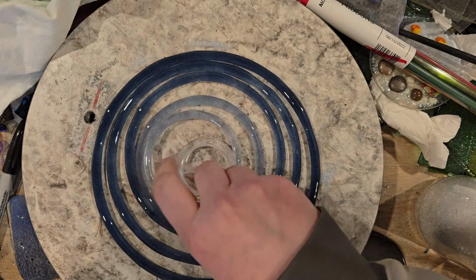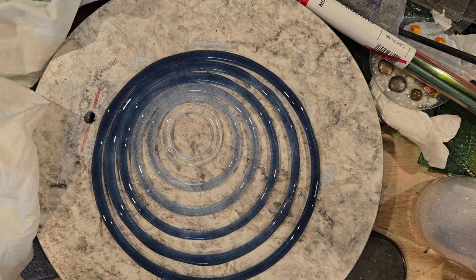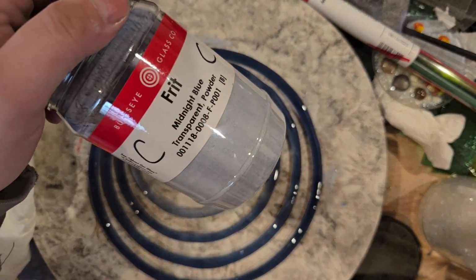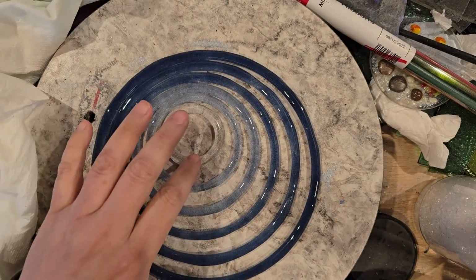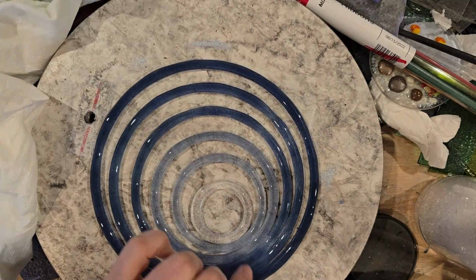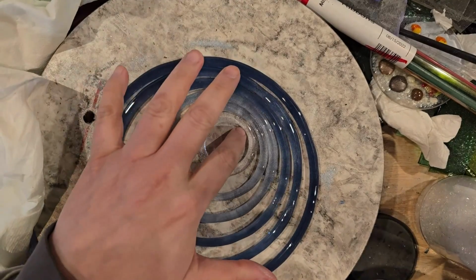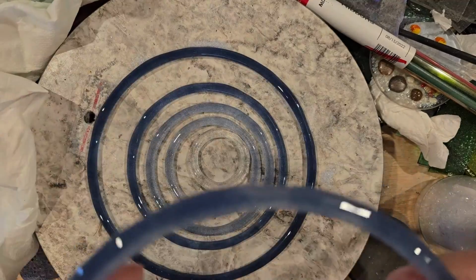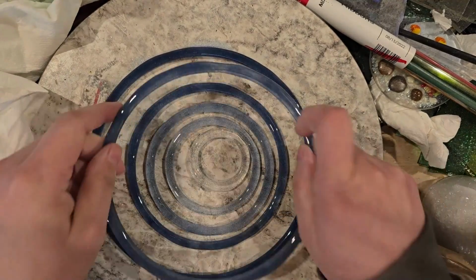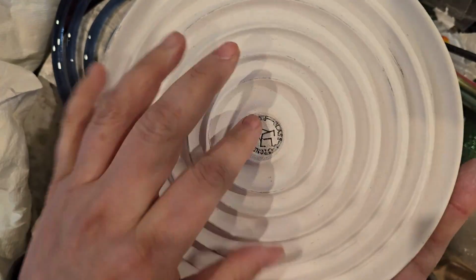One thing I will say about this mold, look how fun this is. Those colors turned out really cool. I didn't realize how much the Midnight Blue was going to tint things, so I added it to these two, and they're kind of a similar tint. But really, it's nice. It turned out pretty even. You look here, I could have been a little better about how evenly I distributed the frit, but live and learn. One thing I've learned with this mold, funny I got glass stuck in the center, that's okay,